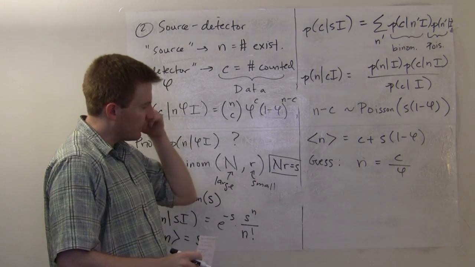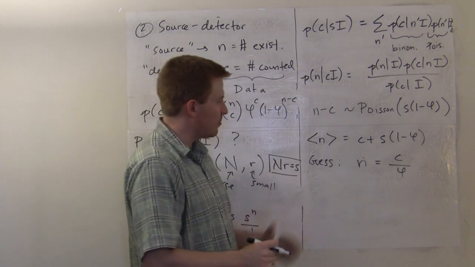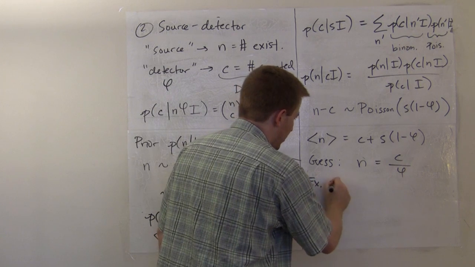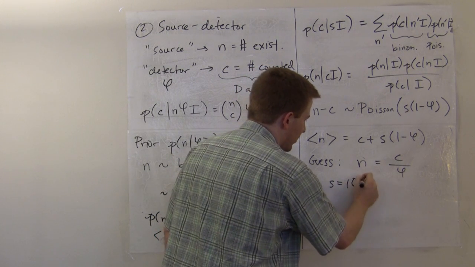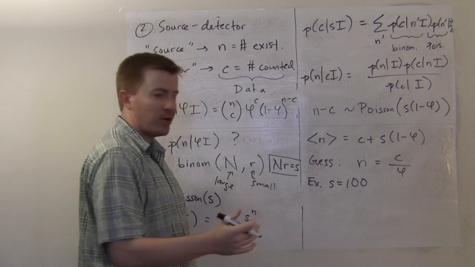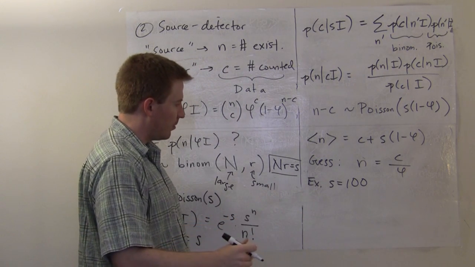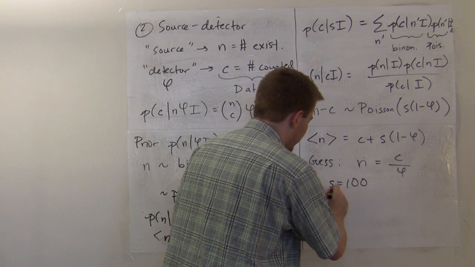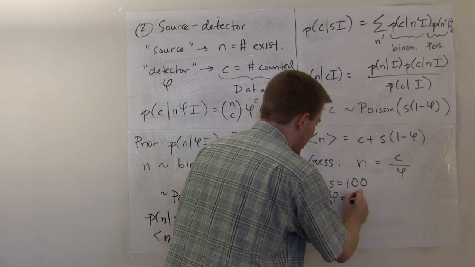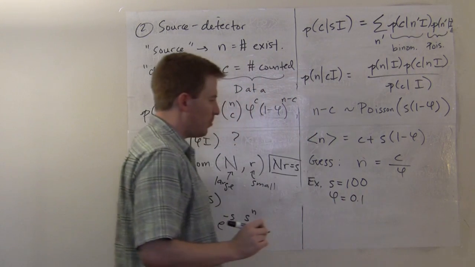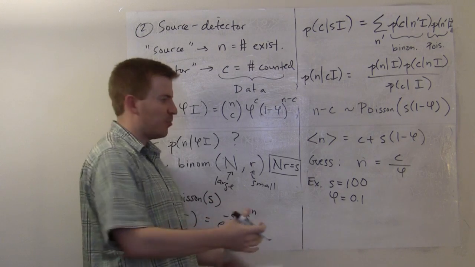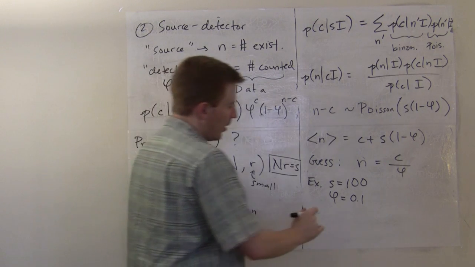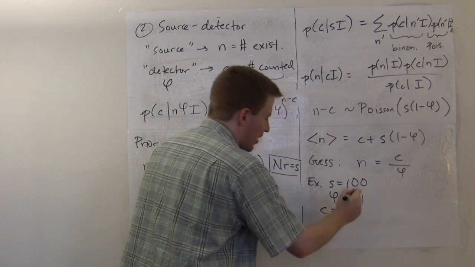So if we were to put some numbers on this, let's say we had a source strength of 100 particles per unit time, however we're defining it, and we counted with a counter that had an efficiency of, let's say, 10%. So 10% of the particles on average get through, but it's a kind of unknown quantity based on this binomial distribution thing. If we then counted, let's say, 15 of them,